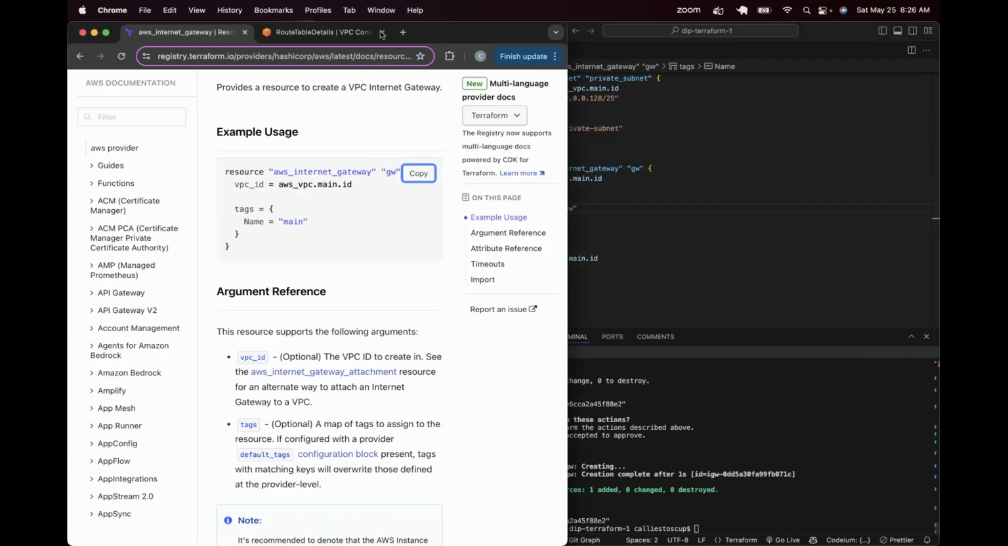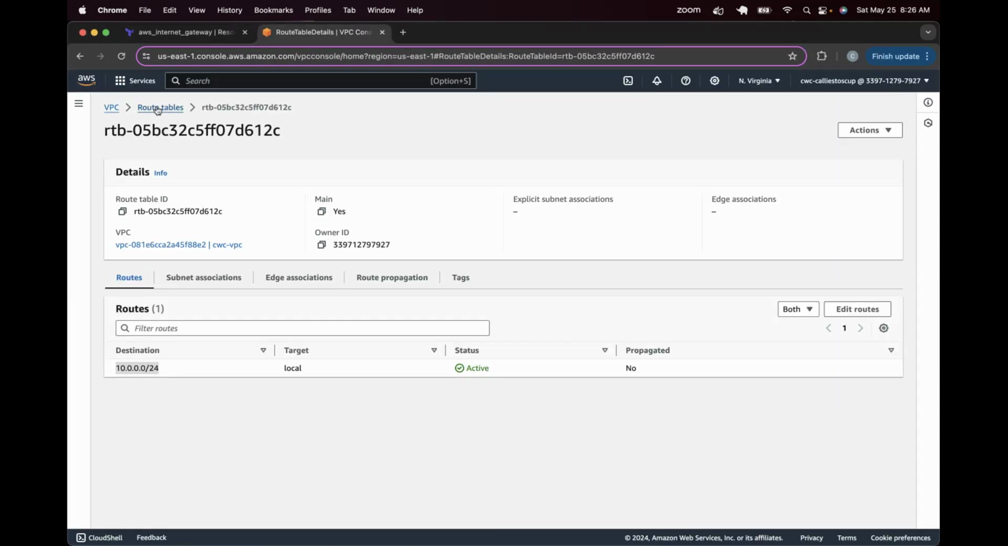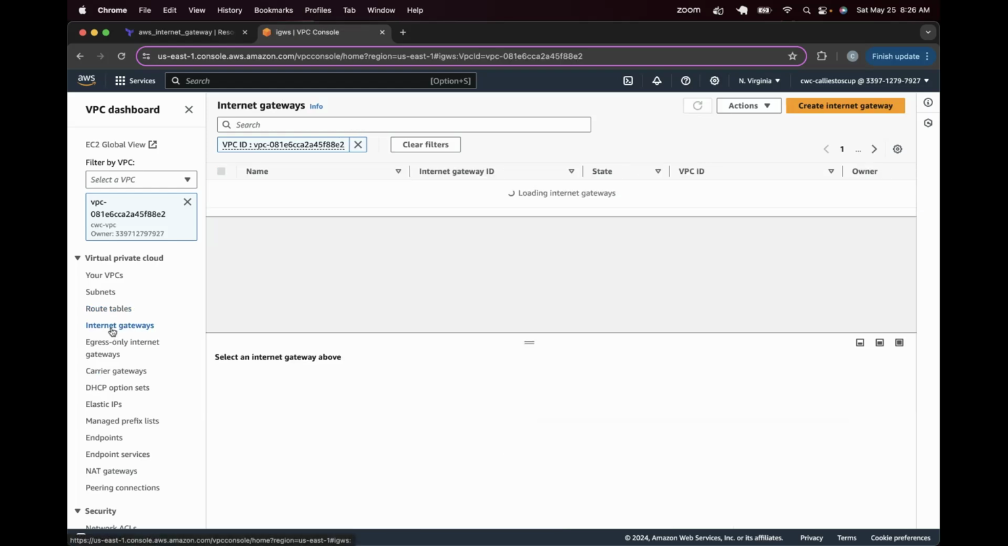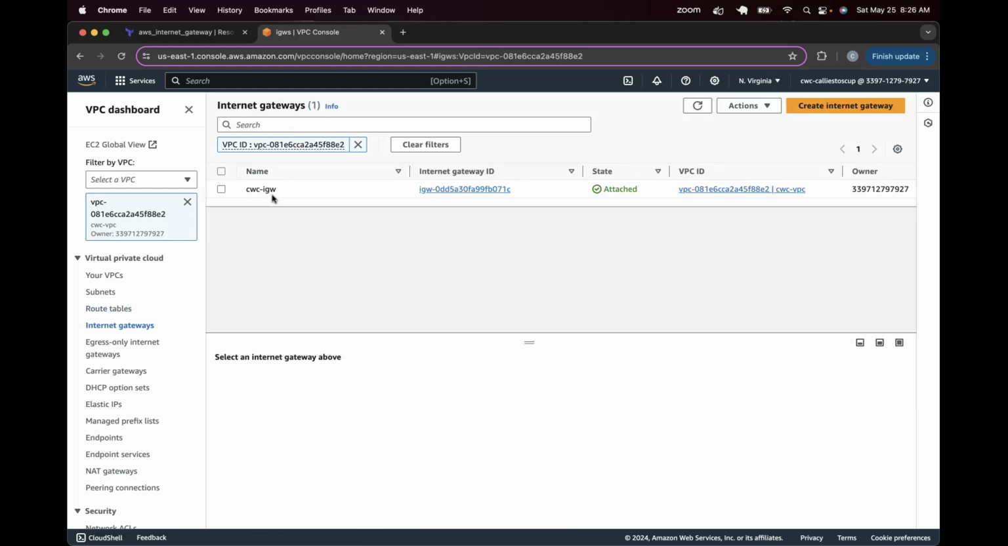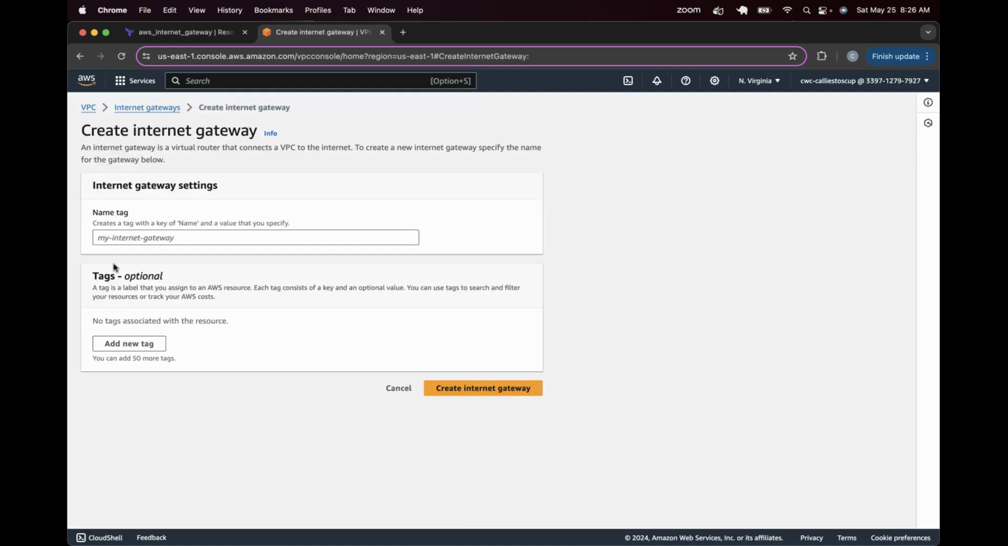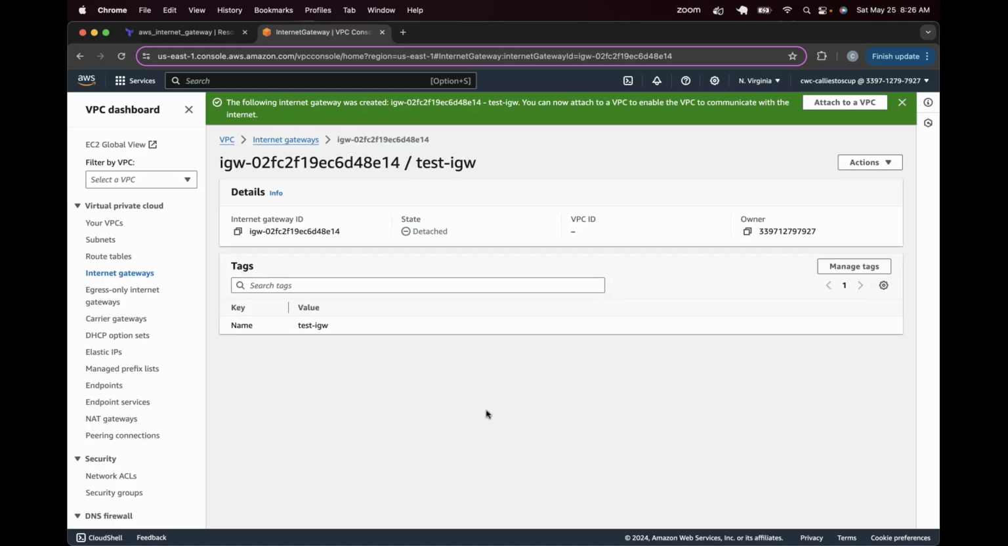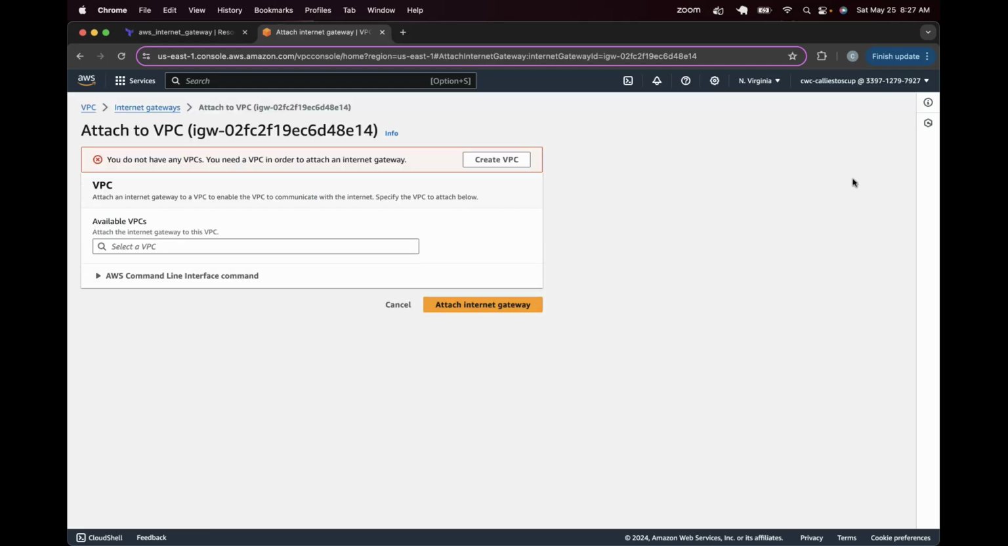So now let's go back to our console and take a look at what we did. So we did an internet gateway. You can see our Coding with Kali internet gateway is up and it is attached. If you remember when we did this in the console, we had to do this in 2 steps. So let's do test internet gateway. We had to name it, and we created it. And then once we created it, we had to go to actions and attach it to a VPC. And then we had to select,